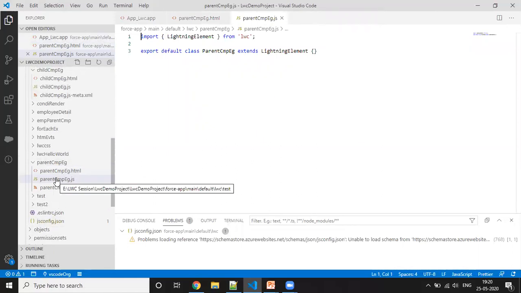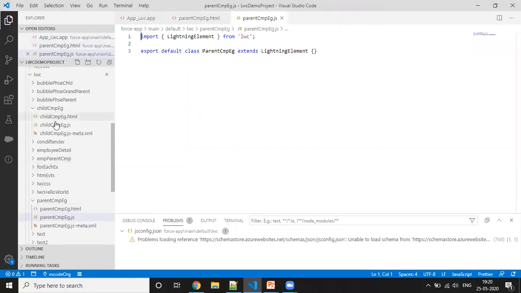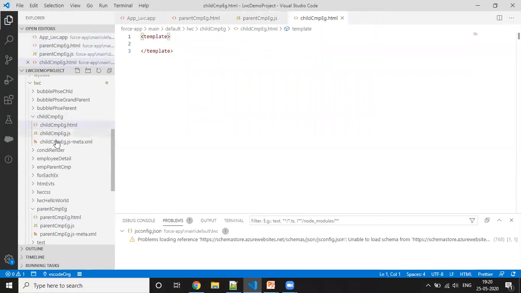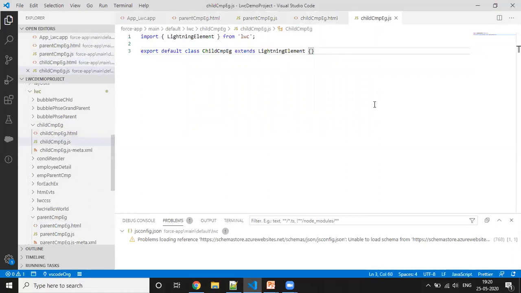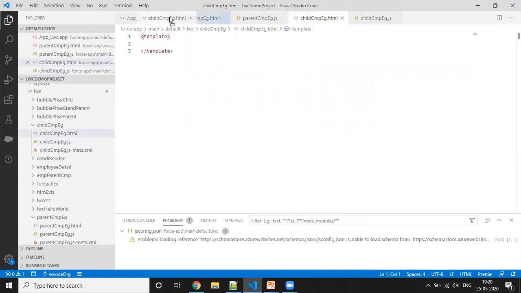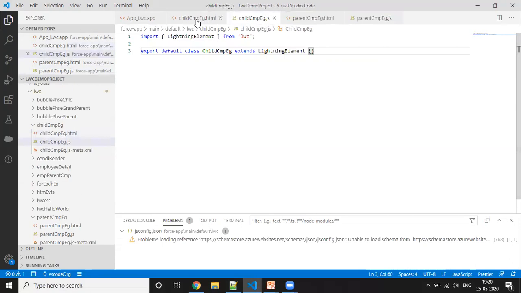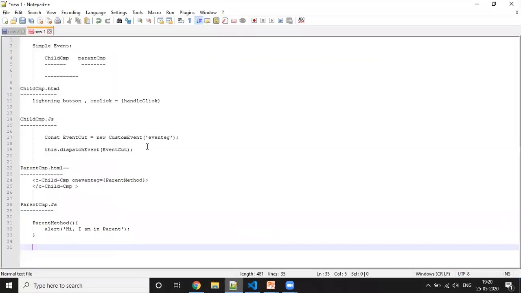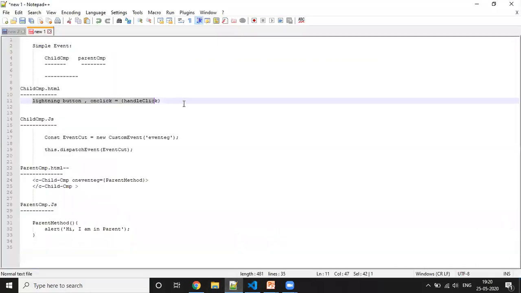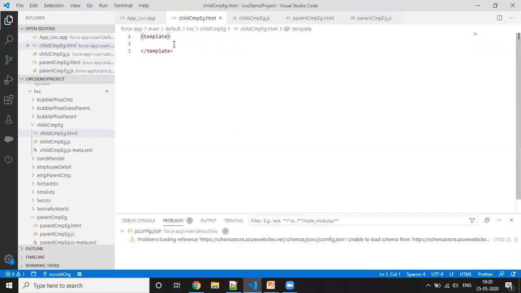Here we have child, and this is child JS. Let me drag this here. As we discussed, I'm going to create a button on the child component, the child example.